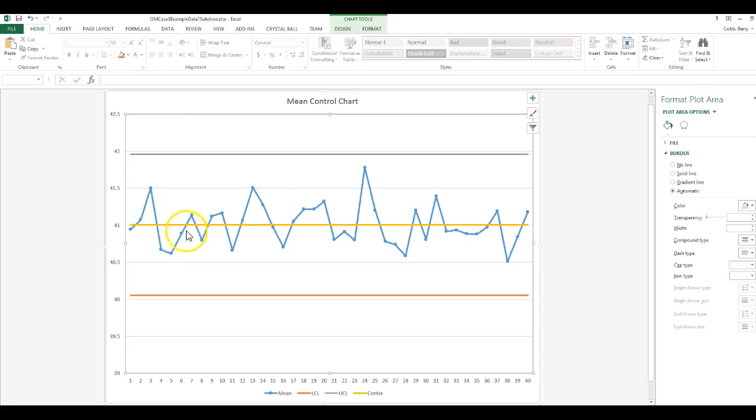Here we have a run of 3 below the center line, again less than our criteria. If we move down the chart, we do see a run here of 4 above the center line. That doesn't meet our criteria. The first time that we see a run of 5 or more, either above or below the center line,